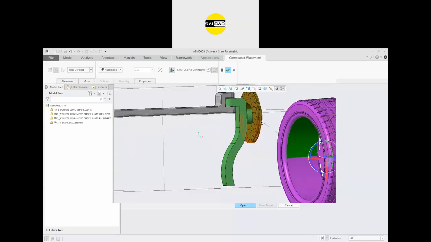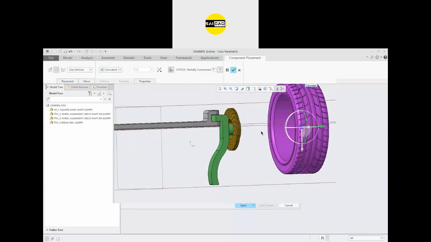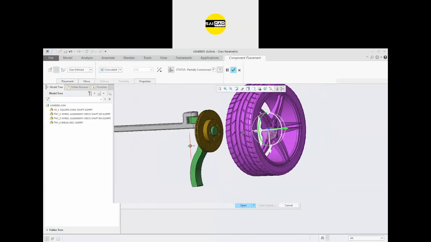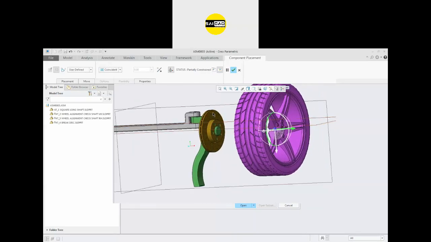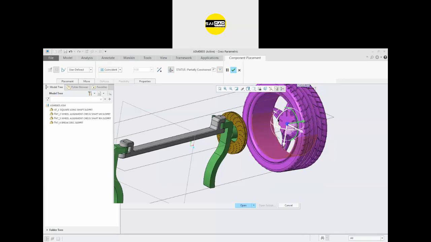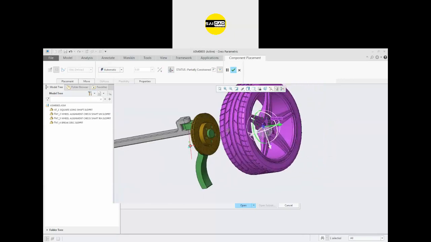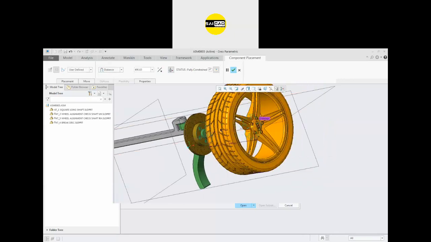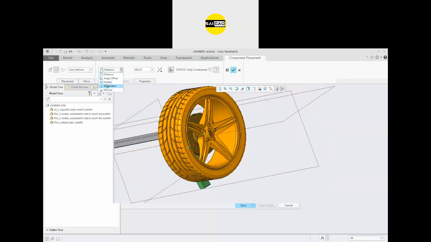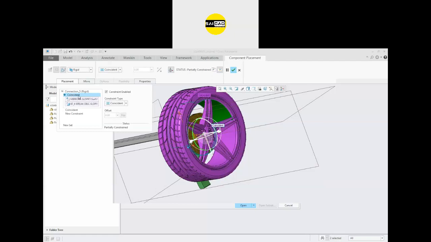So I'm just going to define these two, and I'm going to make these two rigid and apply a relation like that with constant. I'm going to use them as rigid. So in rigid we have the option to control its rotation also. To control the rotation, go to the plane.